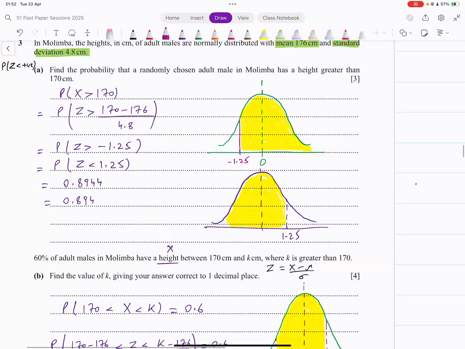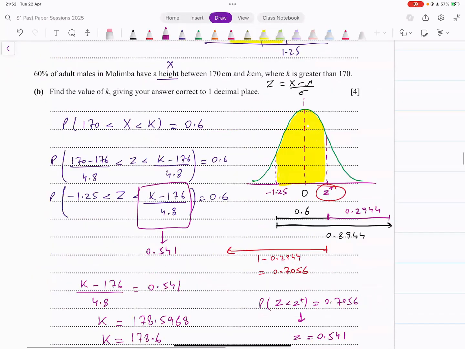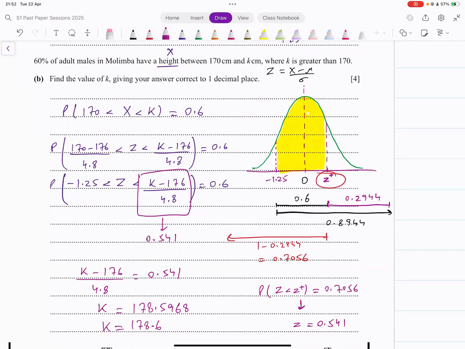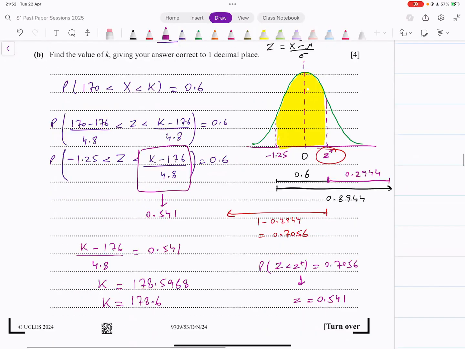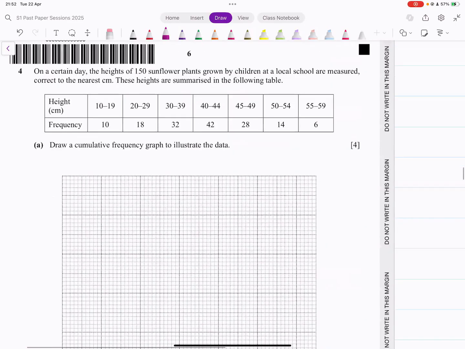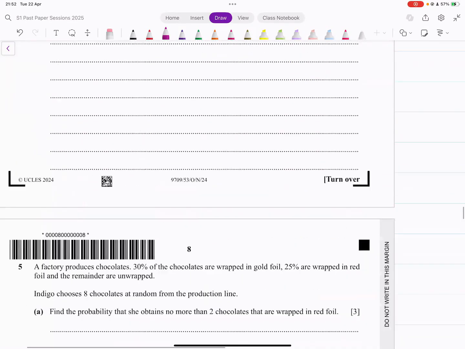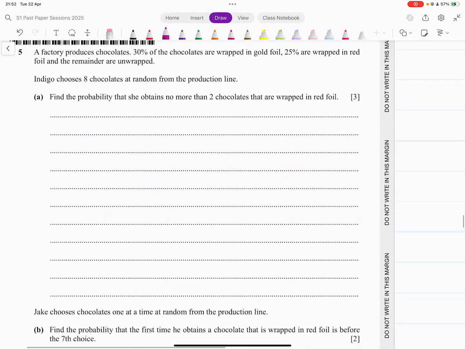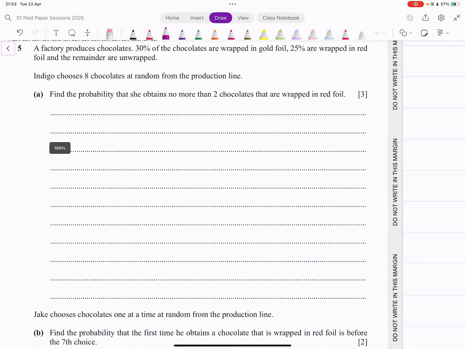Okay, so this was question 3 from this paper. Let's move on. The next one that you have from this paper is question number 5. That's the last one. Question number 5, let's try that. No permutations and combination questions today. That's surprising. So you're fine with those questions now?